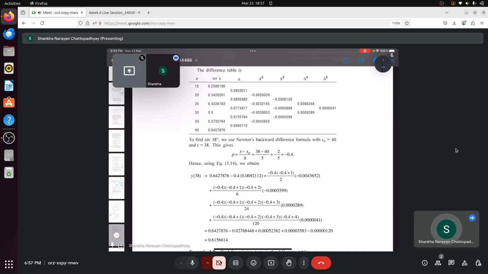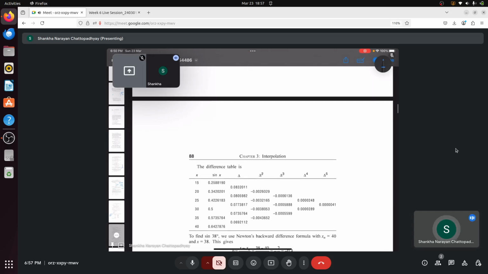So how do you calculate the difference table? You just apply the formula. How will the formula look? The formula will be